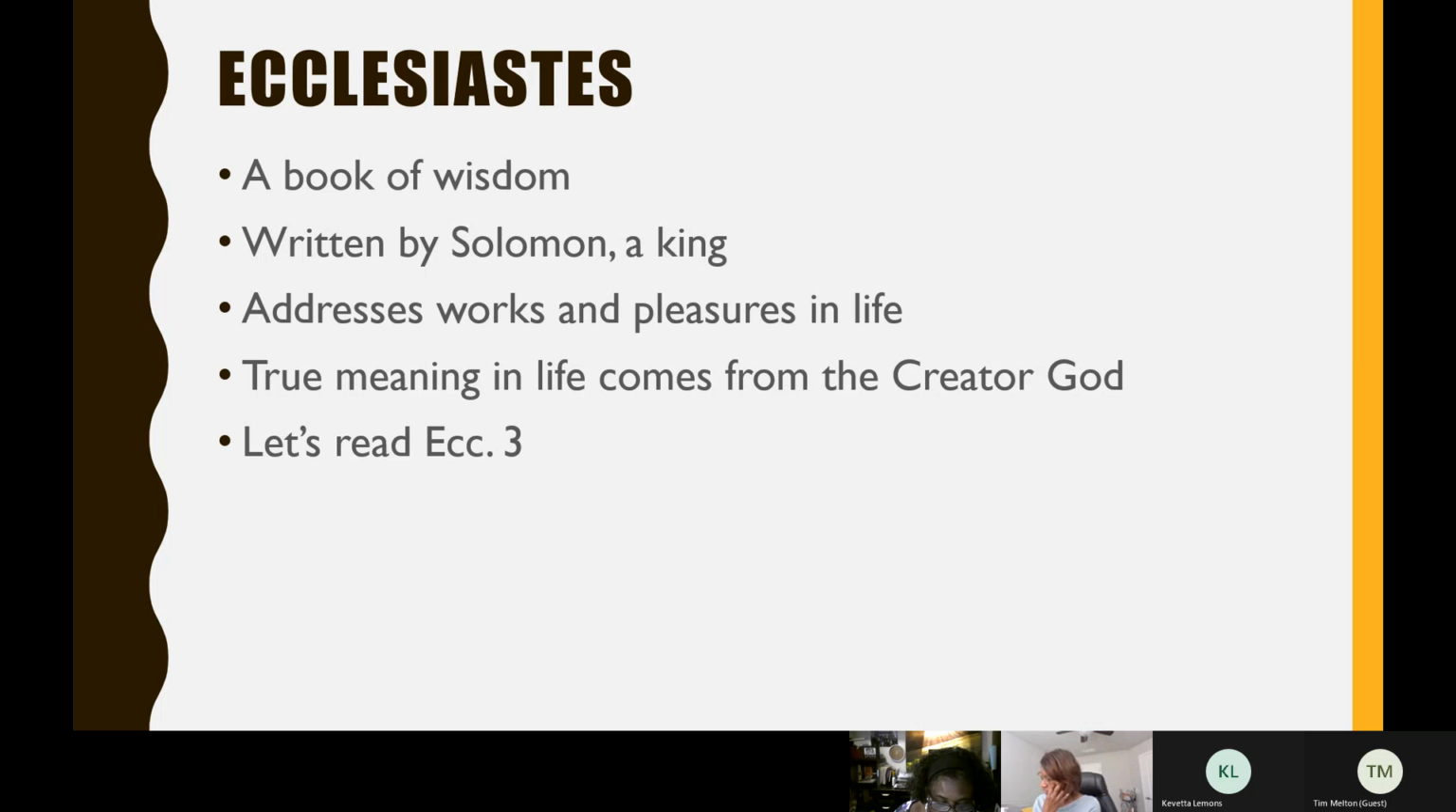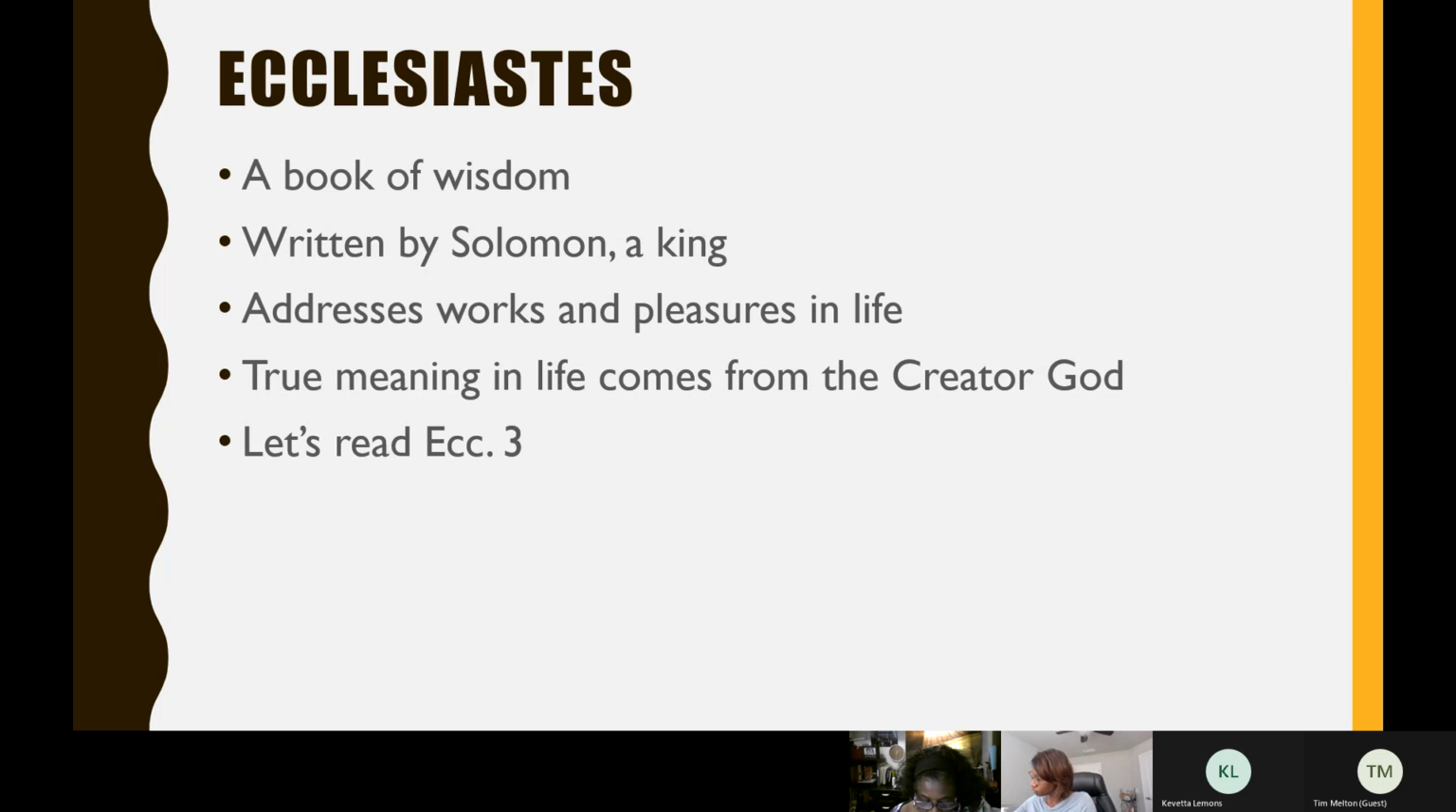There is a time for everything and a season for every activity under the heavens, a time to be born and a time to die, a time to plant and a time to uproot, a time to kill and a time to heal, a time to tear down and a time to build, a time to weep and a time to laugh, a time to moan and a time to dance, a time to scatter stones and a time to